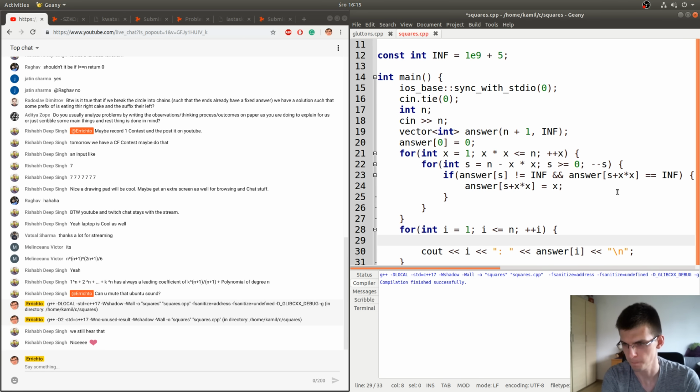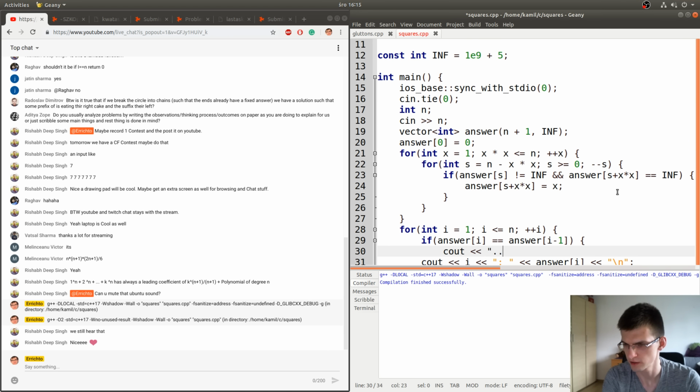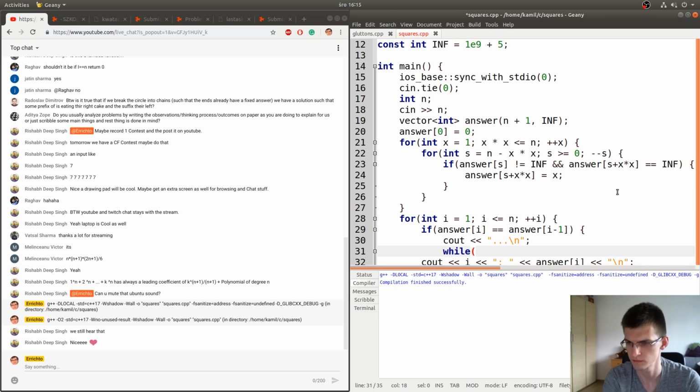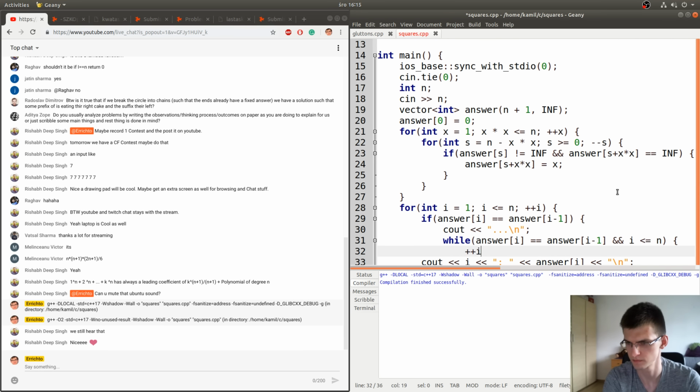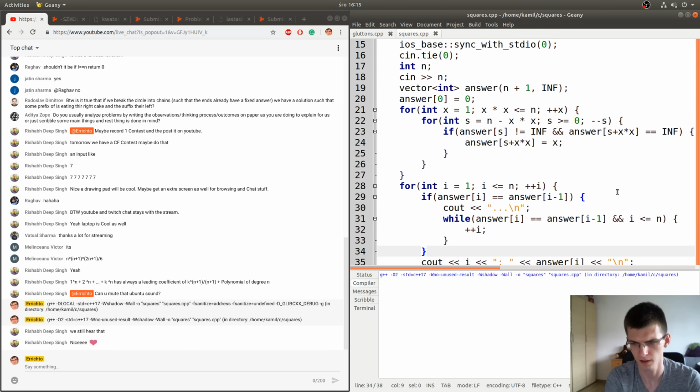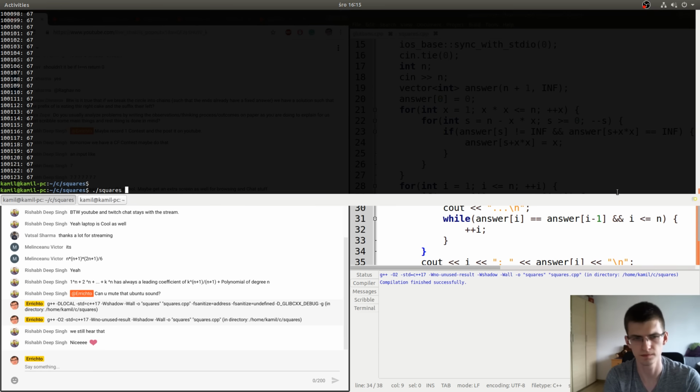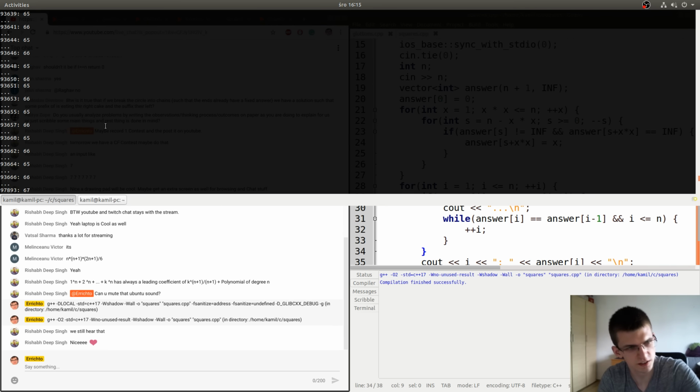Let's say if answer of i is equal to the previous answer, cout dots, while that is true, increase index by 1. Now we get something that is easier to read.